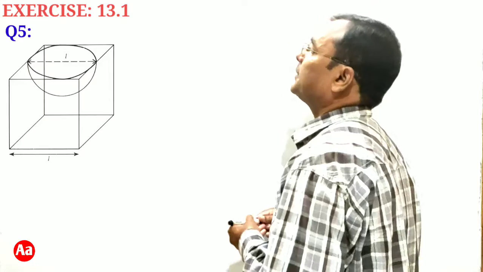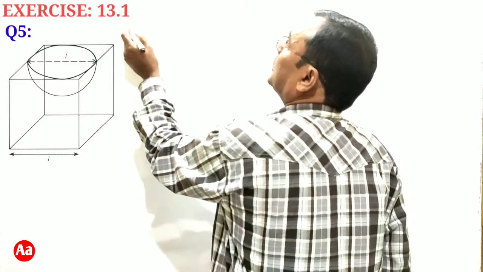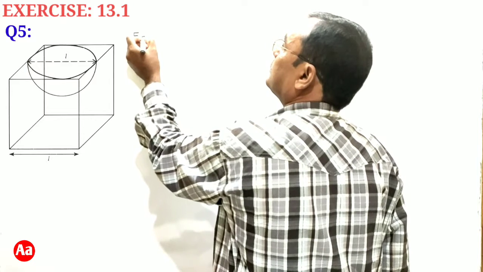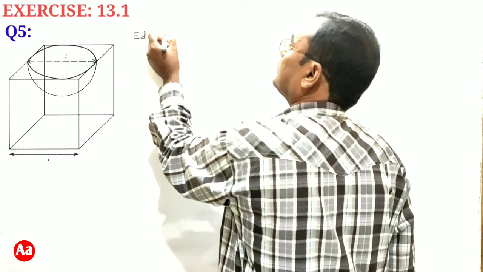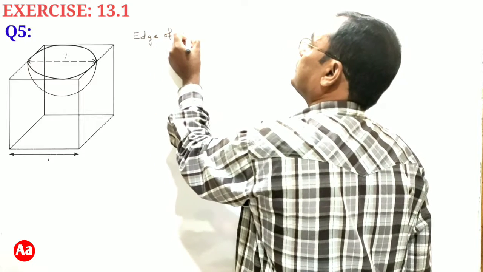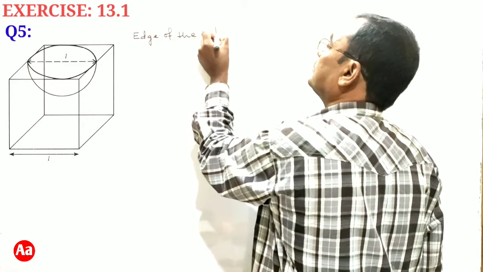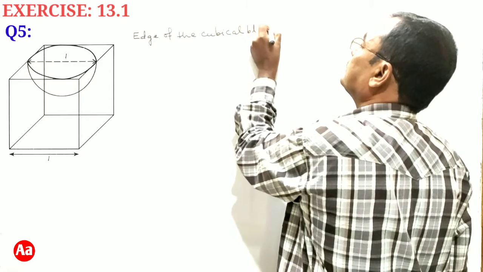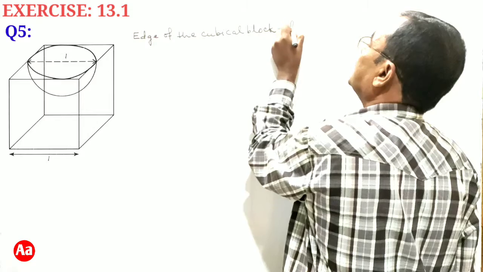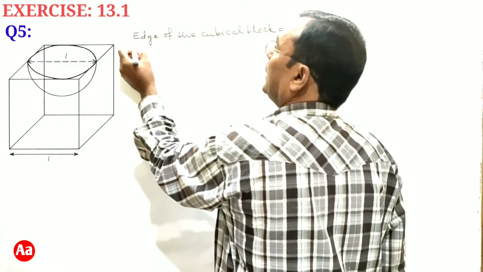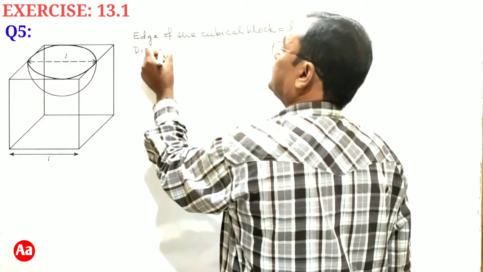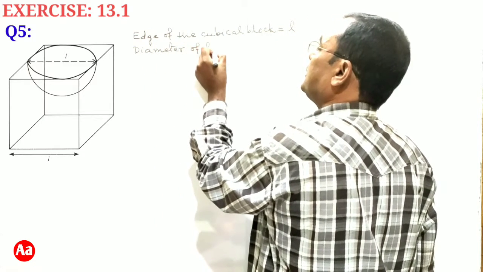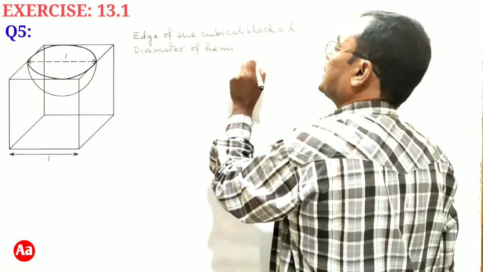So let us write: edge of the cubical block is L, and diameter of hemispherical depression